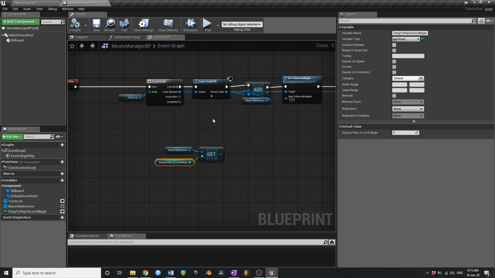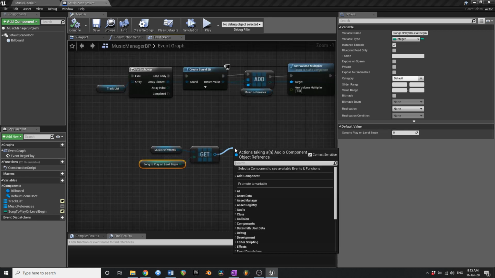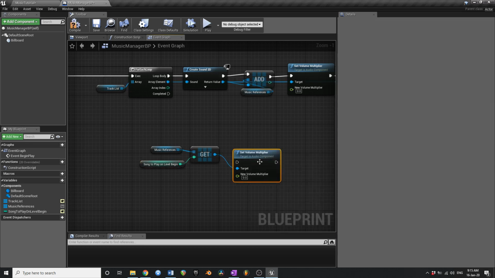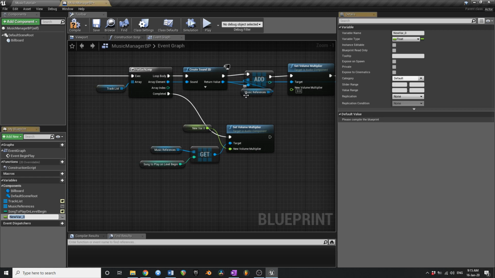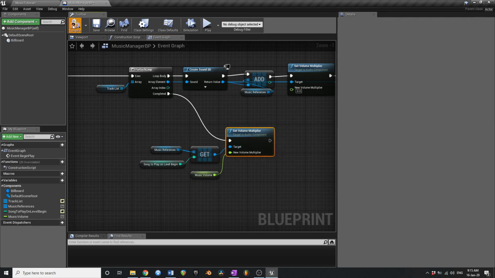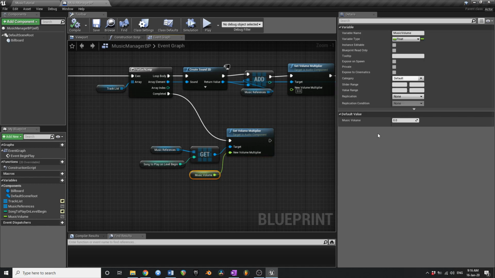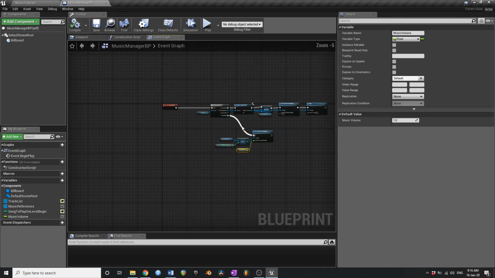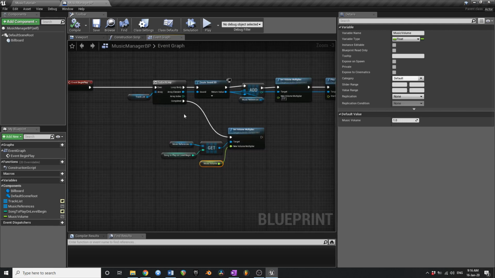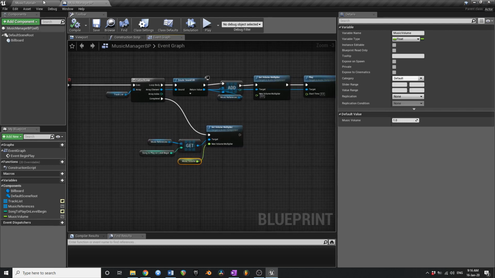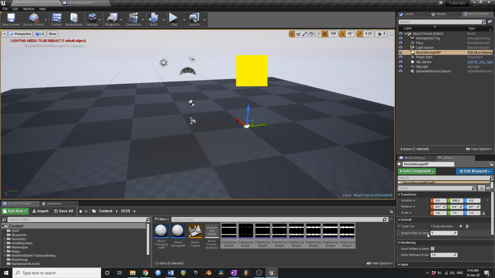So for now, let's just leave that as 0, and then down here we'll say set volume multiplier, and then we'll have another variable for this, and we'll call this music volume, just in case our music files are too loud or whatever, we can quiet that down in here. So let's just set that to 1 for now. Okay, so now if we open up the level,